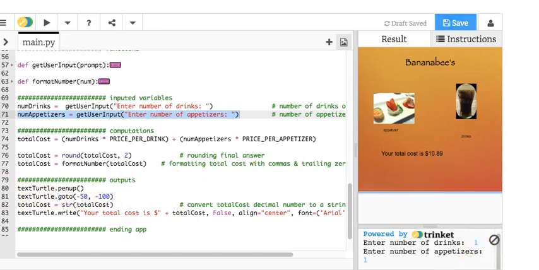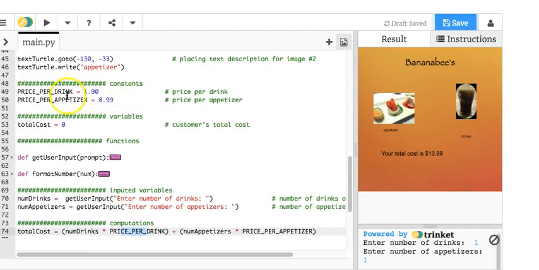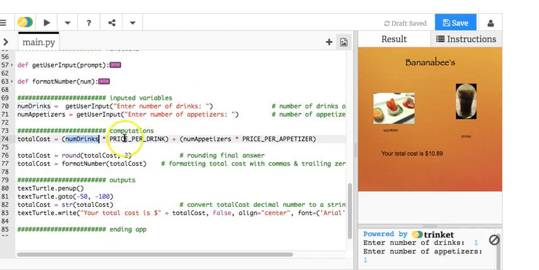So let's see how it figured out the total cost. Well, after getting the user input, the program did computations. You know how algebra works in math class? Order of operations and all that math stuff, with a calculator, or sometimes you can do mental math. Num drinks, if you remember, was 1. Price per drink, I forget. Let's go up here. Price per drink is $1.90. So 1 times 1.90 is 1.90. Hold that in your left hand, and now take 1 for the number of appetizers I